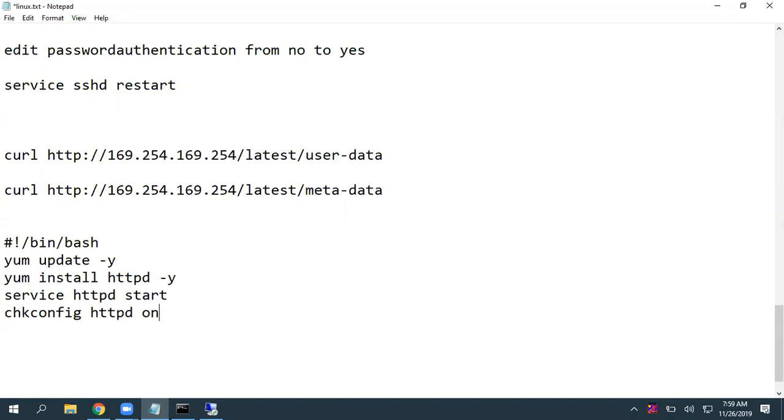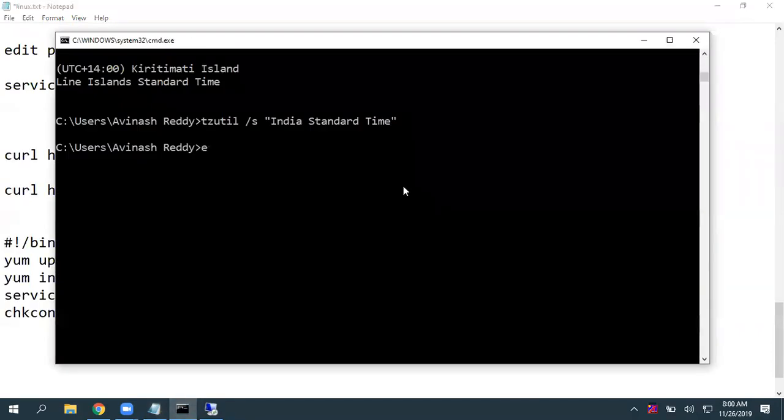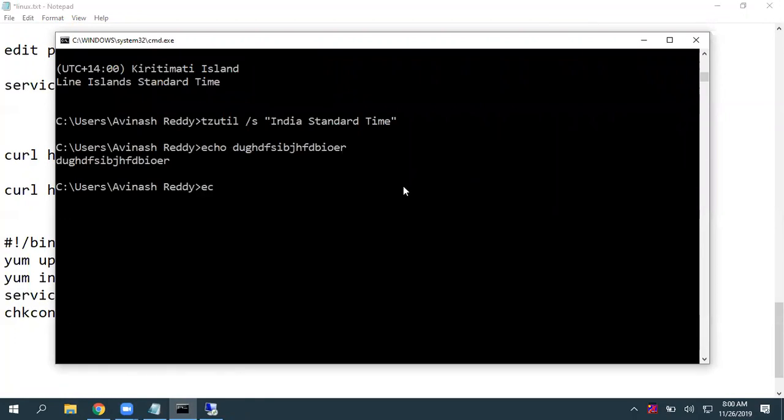Now, if you are okay to get a test page, you can just go with that. Otherwise, you can use a command called echo. Whatever data you want to generate using the echo command, you can give that, and you can write that into a file in a particular location. For that, it's simple. See, I have a terminal. I'm giving echo something. The output is the same. Whatever I write, it just displays the same.